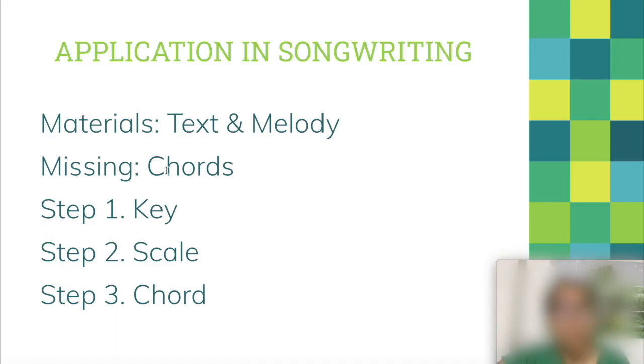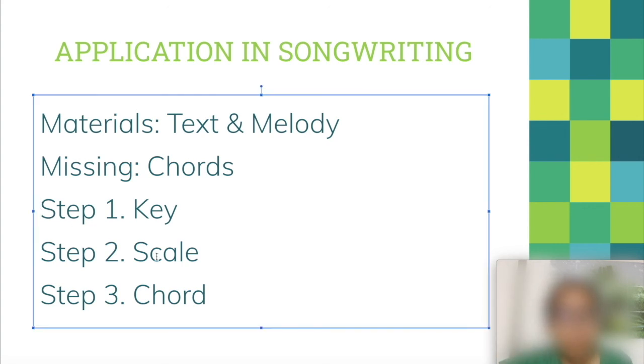Okay, so now, application in songwriting. Previously, we have tackled how to write the text or the lyrics of your song, and how to write the melodies using the pitches of your scale. And now we can supply our song with chords, and I'll be elaborating on that in the next video. So there are just the steps that I have been emphasizing again and again. Step 1, get the key. Step 2, get the scale. And then step 3, that's the time that you can get the chords of your key. Alright? Next video,